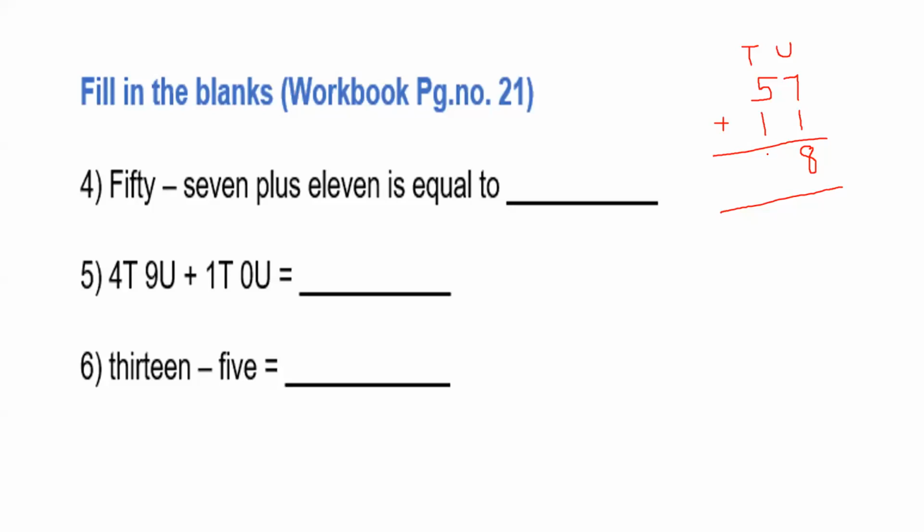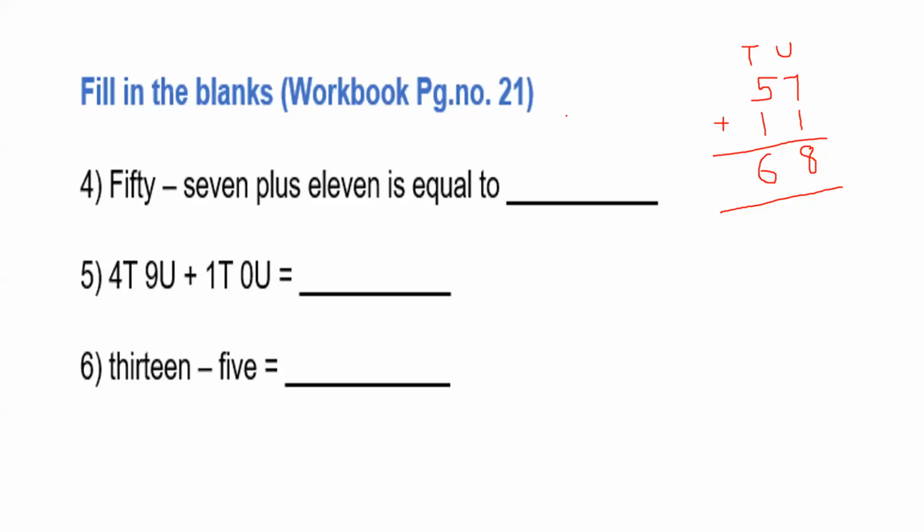6. Do it everyone. Do it with me. Do it in your notebook. Okay, write this number. 57 plus 11 is equals to 68. Some students sit like this only and watch the lecture. They don't do anything. So take out your notebook, keep your workbook, pencil, everything ready in the lecture.